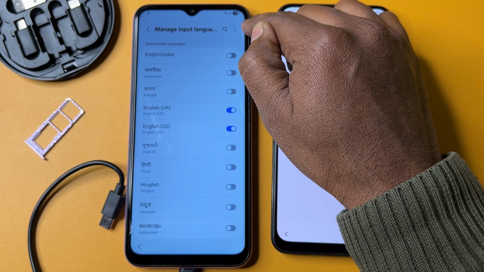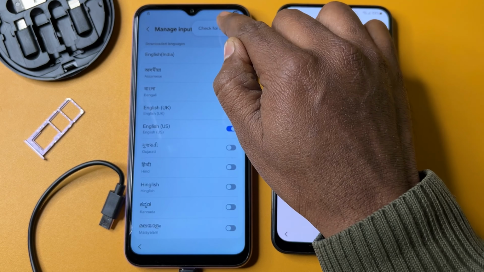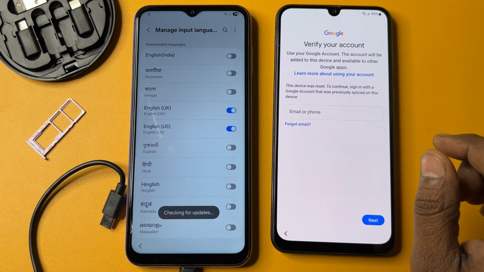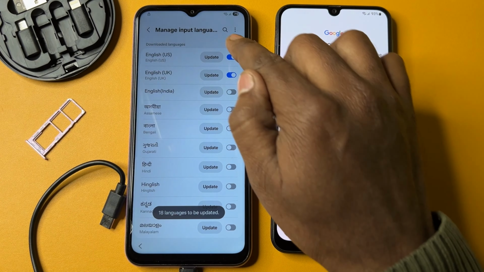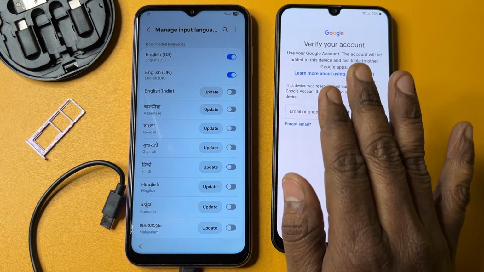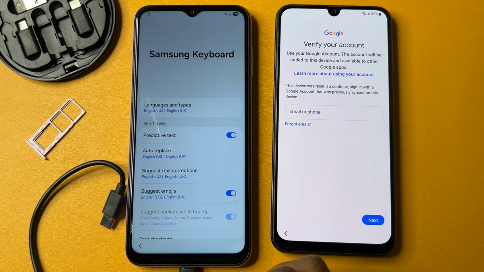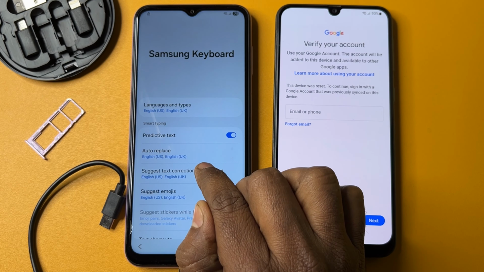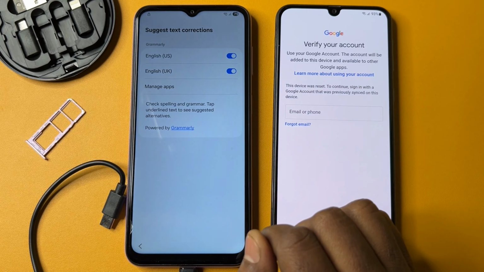screen's top corner three dots. Click here, click check for updates, and wait for the update to come. When the update is showing, you have to click to update the app. After that go back and again open the suggest text corrections option, and done my friend, you got it,